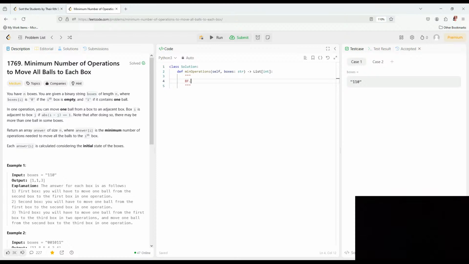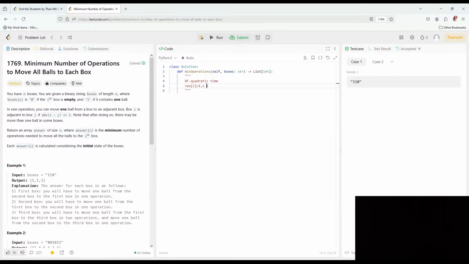So brute force will be quadratic time, and basically what we're going to do is, our result i will be a sum, right, from